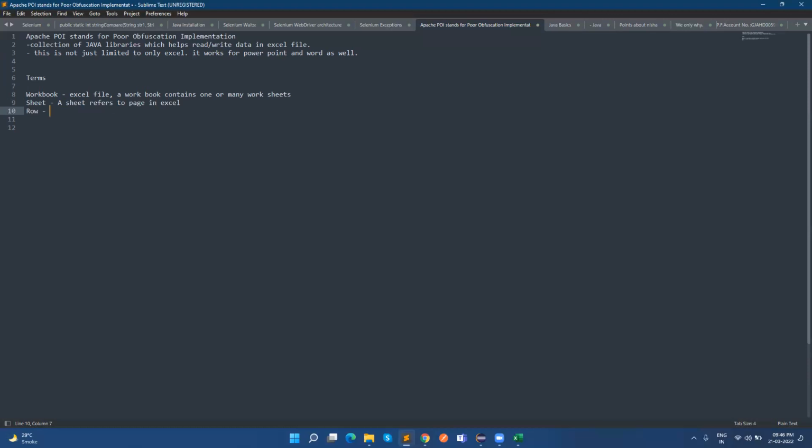Next is row. A row represents the collection of cells. And in the last, cell means cell is the